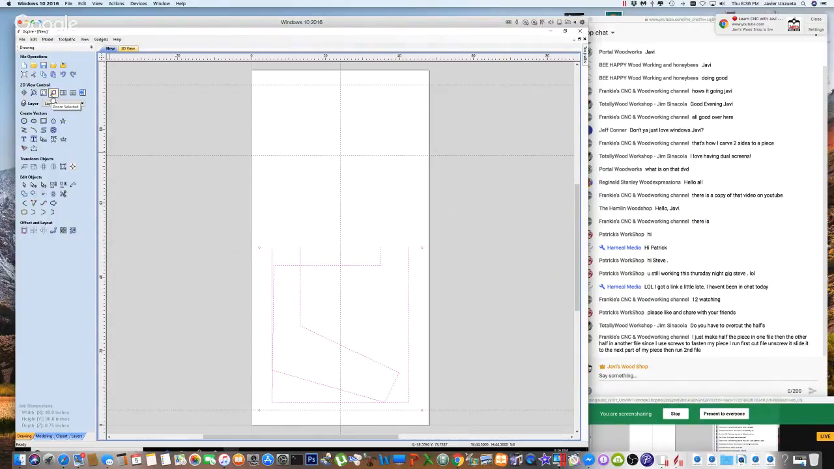Do we have to overcut the halves? I'm not sure. Yes, absolutely. I'm just showing the basic thing,